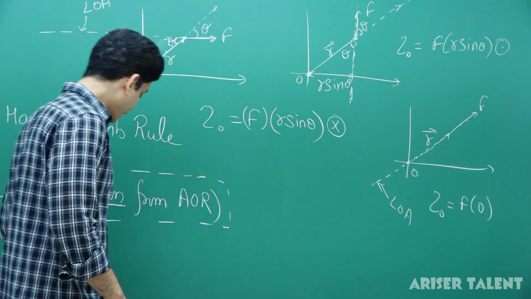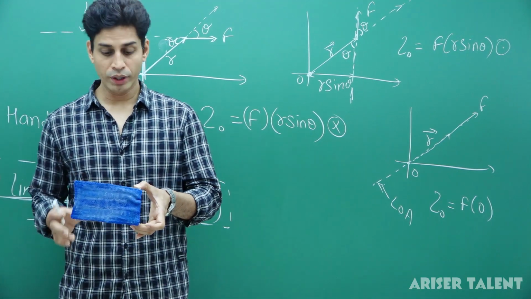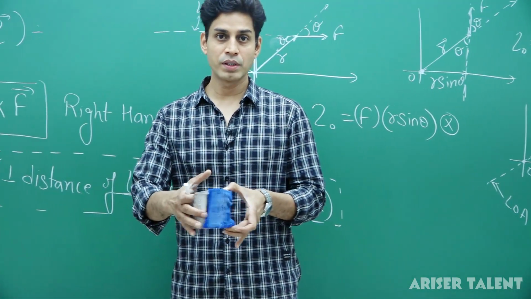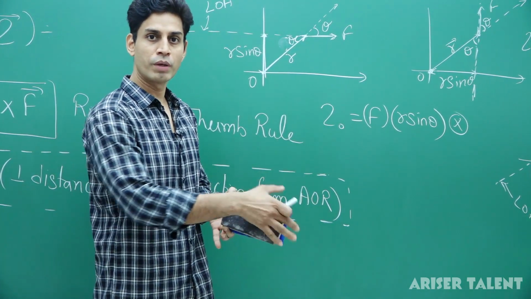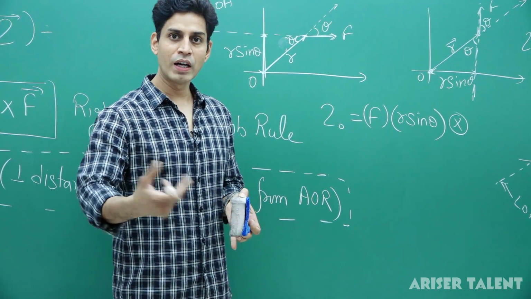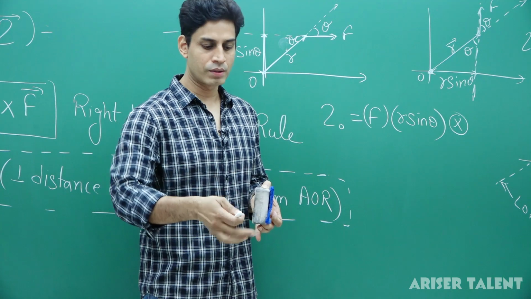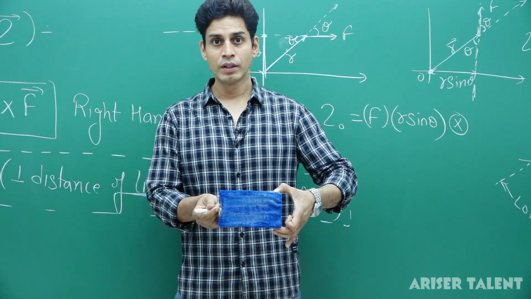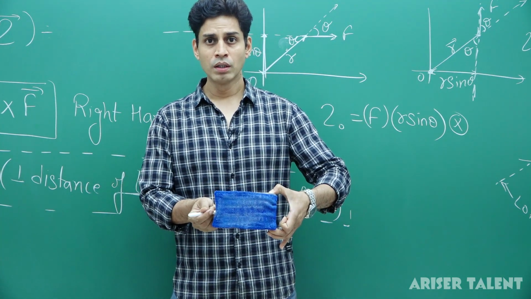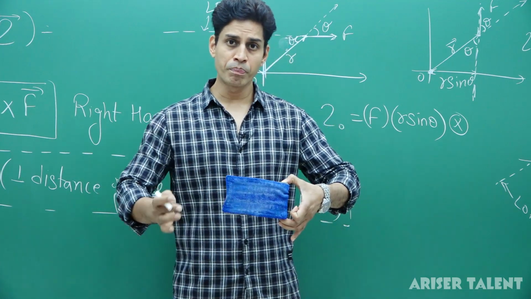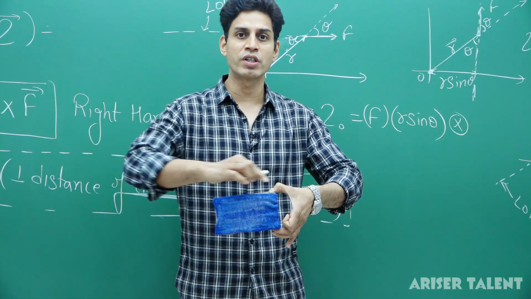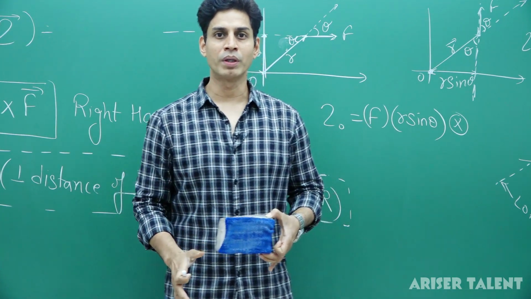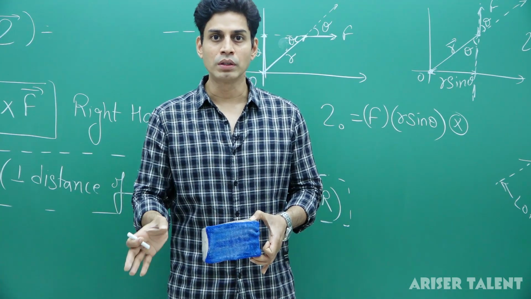For example, this is the door, and this is the axis of rotation. Now we usually apply force like this, so it performs rotational motion. Now what will happen if we apply the force like this? If we are applying the force like this, then we are pressing. So this is the line of action, and the line of action is passing through the axis of rotation itself. So then the door will not open. That is, the door will not turn.